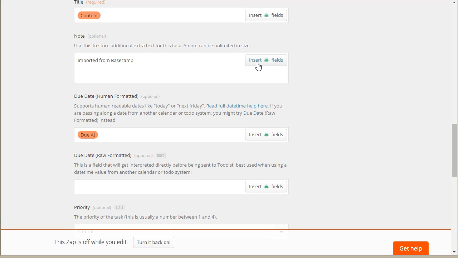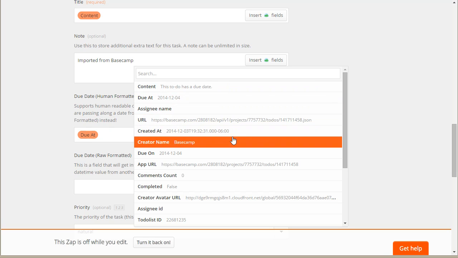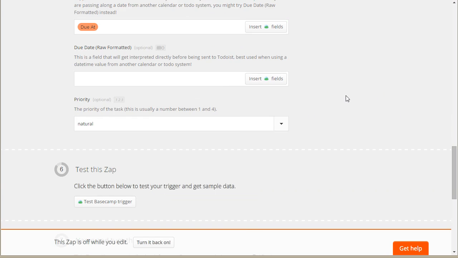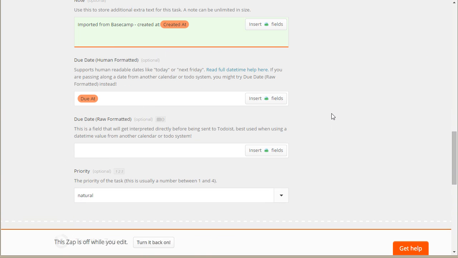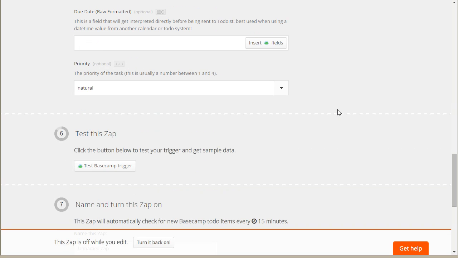Okay, you could also insert fields from Basecamp, so maybe something like the created at time. So, and you can say created at, you might want to put a little something between there or whatever. Due date, okay, and that's going to grab it out of your Basecamp, and raw format, you don't need that,